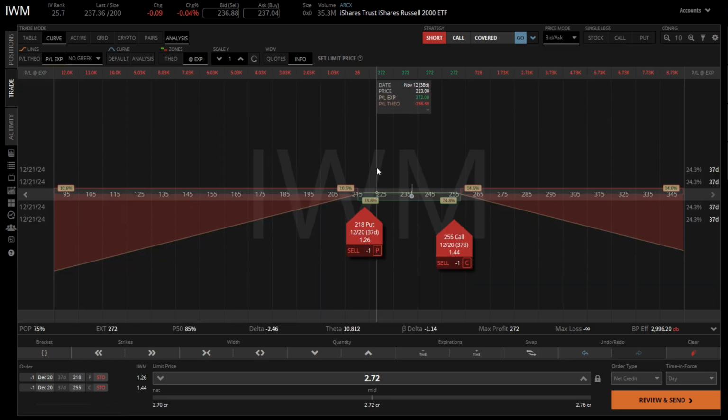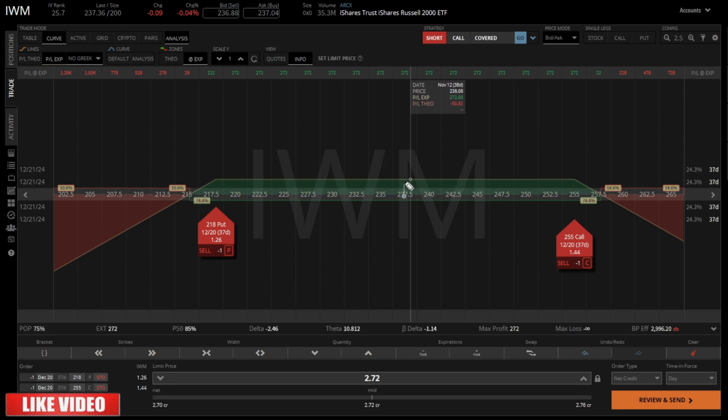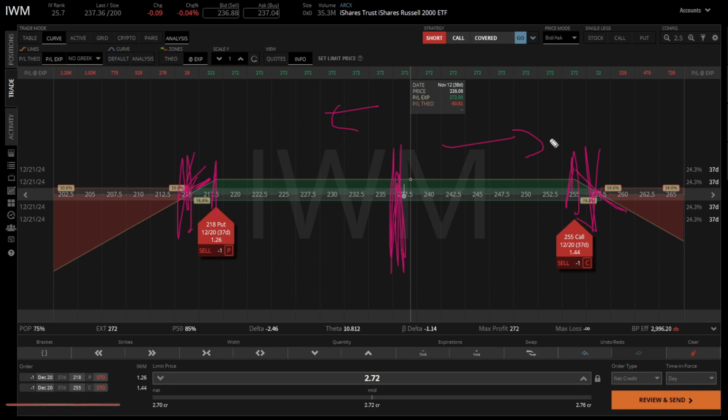If you get the curve here, very, very simple. Like I said to you guys, this is where the market price is right now. We are going to sell a call option above the market, and we're going to sell a put option below the market. This is where the put option is. This is when you start to pretty much break even. This is where the call option is. This is pretty much when you get to break even. Anything above this price here, which is 255 plus premium, or 218 minus premium, we start losing money.